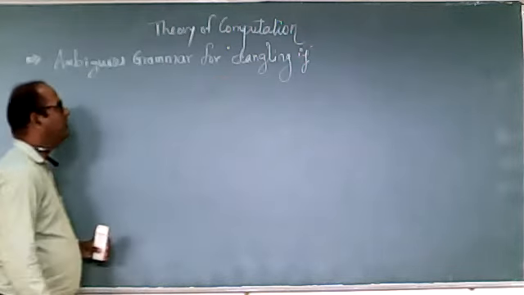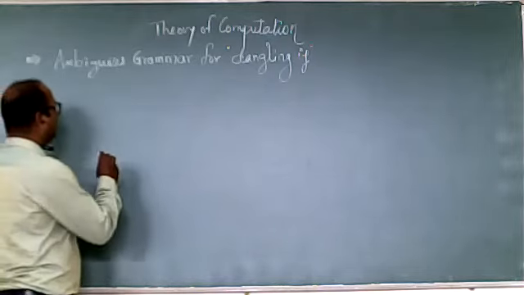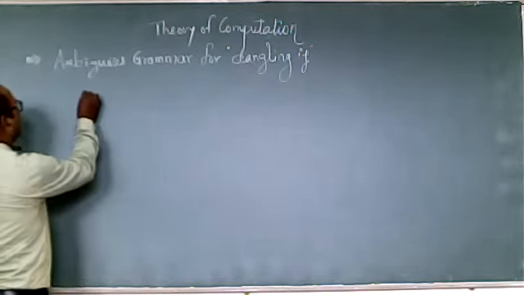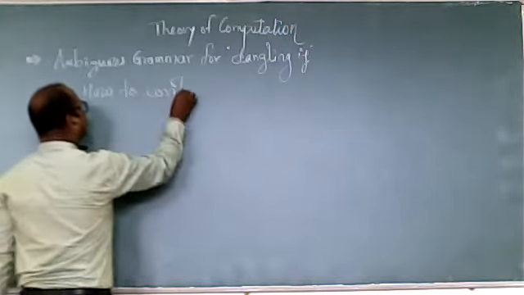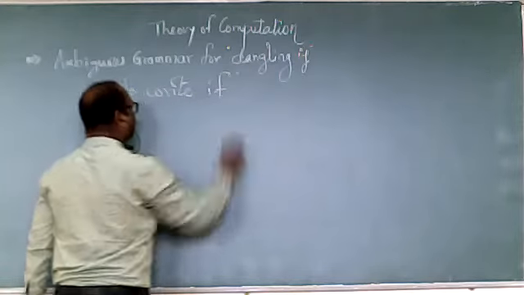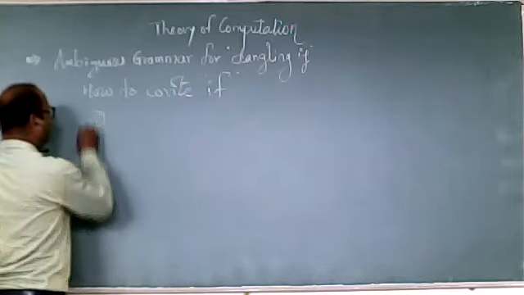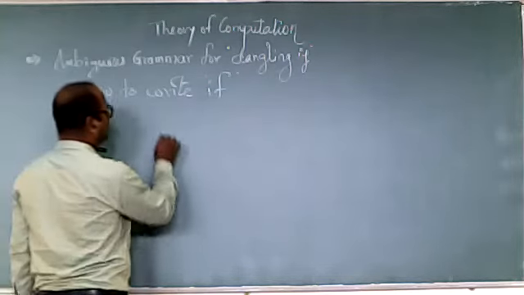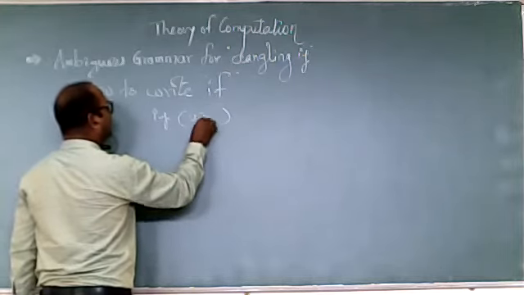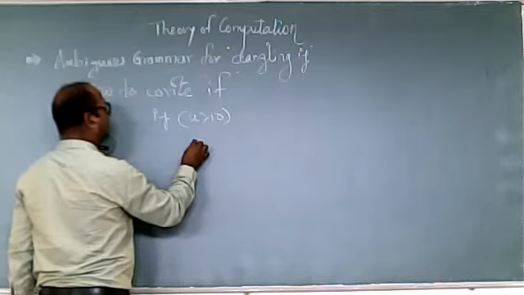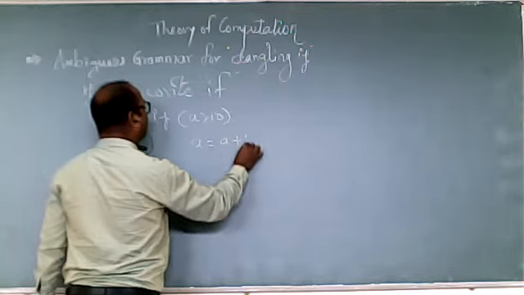First of all, we will try to understand what exactly this dangling if is. Now, if we start with basic things: how to write an if instruction, the if conditional structure. We can write it in two ways. The first form is we can write only if, in brackets the condition a is greater than 10, and some instruction, a is equal to a plus 1.